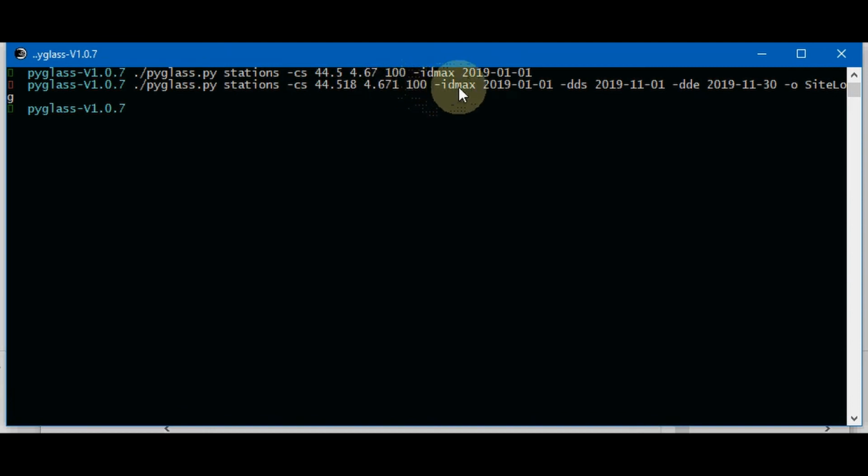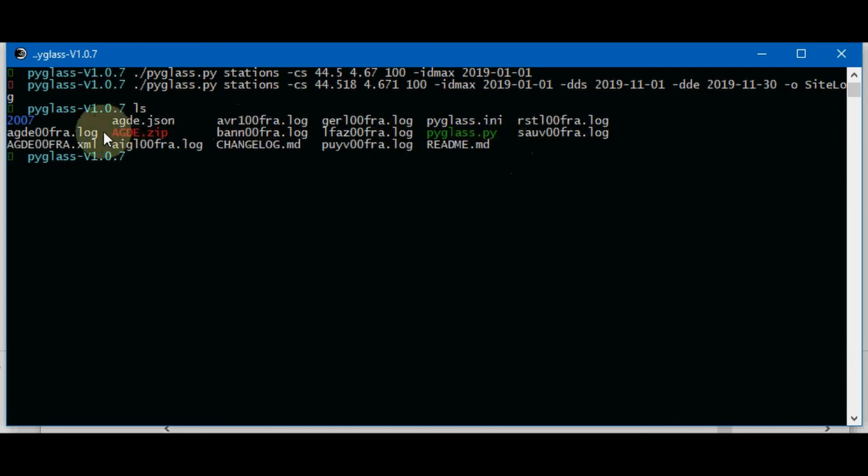The parameter IDMax allows to select all the stations installed before 2019. The parameters DDS and DDE allow to select all the stations having data in November 2019. The parameter O sitelog allows to download the station metadata corresponding to these parameters.